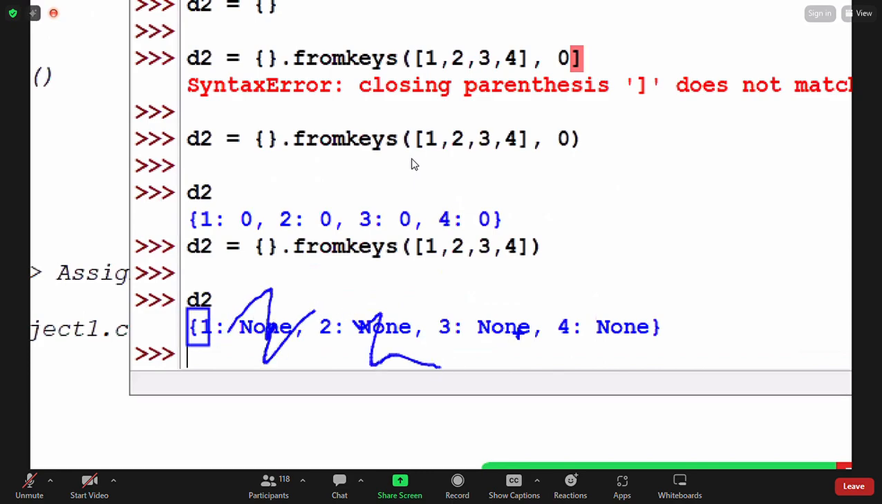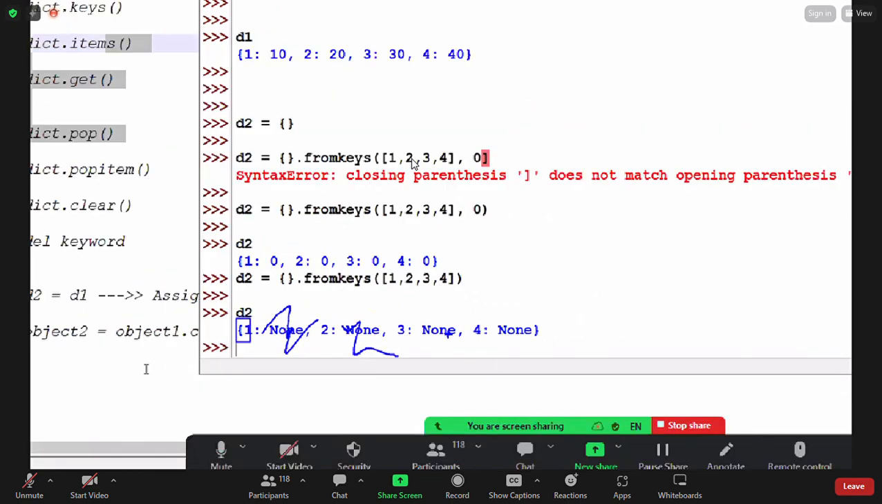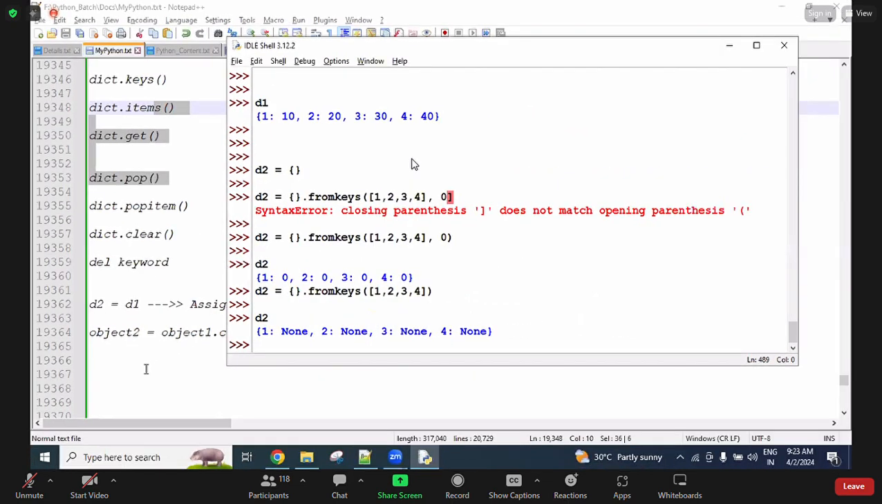Okay, so we can do it like that. It's not much more useful. Okay, so remember,